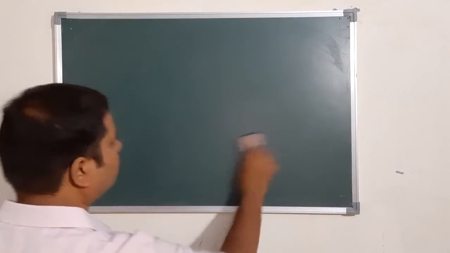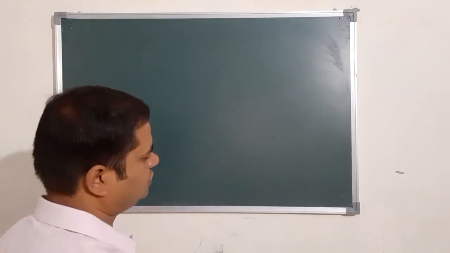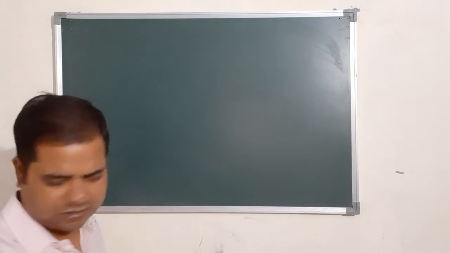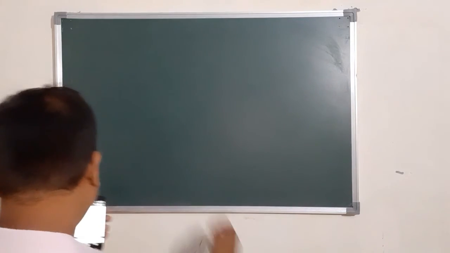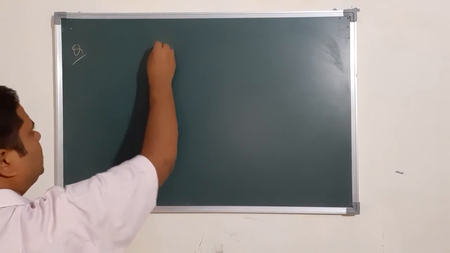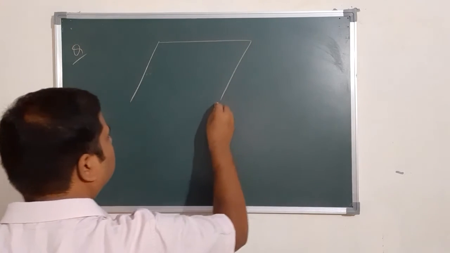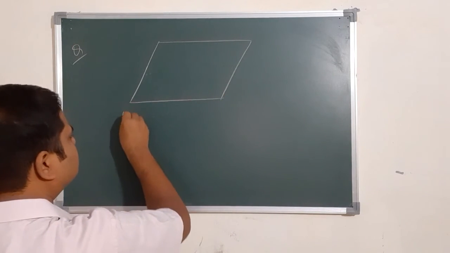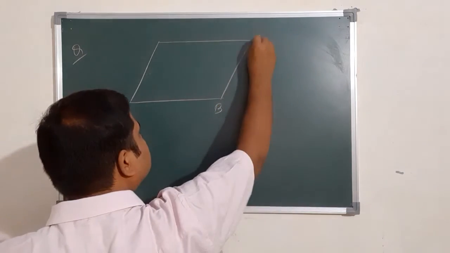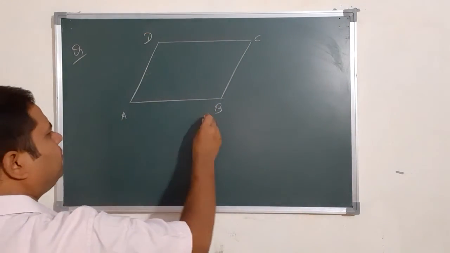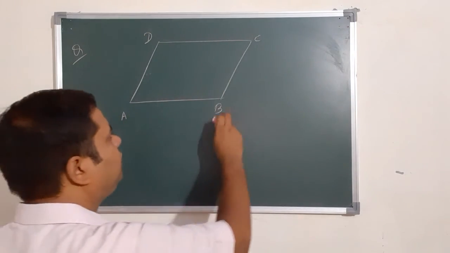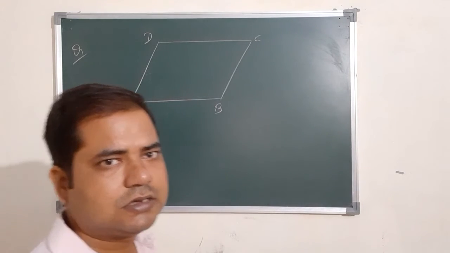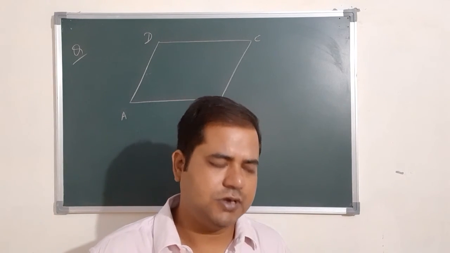Maybe simply you are not able to solve, but just see what is the concept we are using in this question. In question number 6, we have given the vertices of a parallelogram taken in order. That means, suppose this is A, this is B, this is C and this is D. Not A, B, D, C, then this is wrong. Taken in order means A, B, C, D.